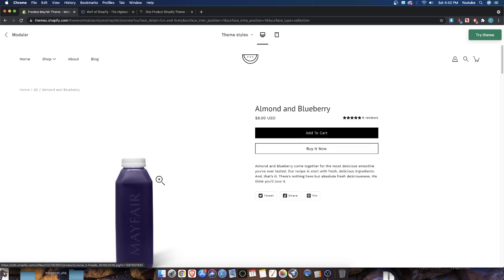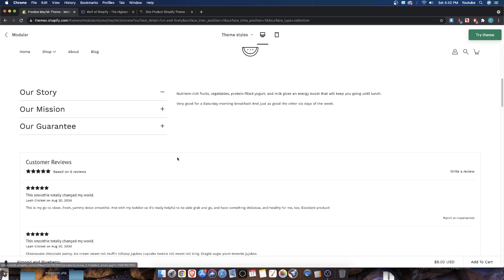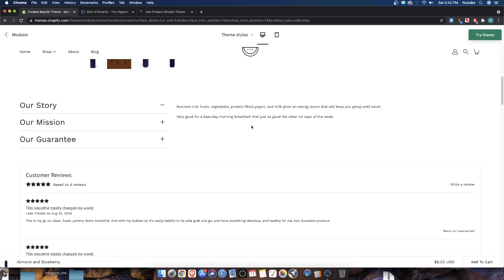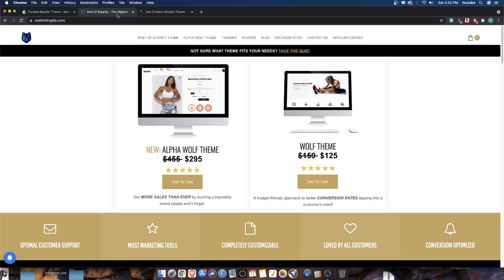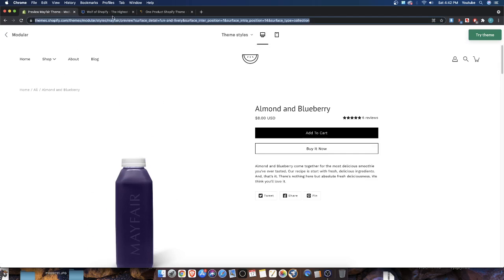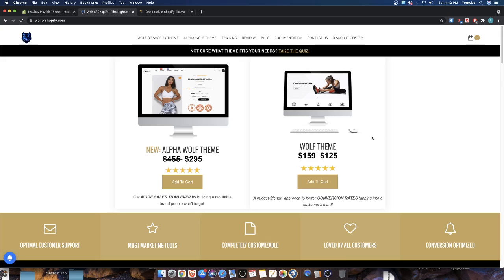It looks great, don't get me wrong, the images are perfectly viewable, but there's no real customization. For example, if you guys are familiar with the Wolf of Shopify theme, on the Wolf of Shopify theme we can add things like timers, product timers, add to cart timers, for scarcity, for incentivization. These are different biases that we use to motivate a